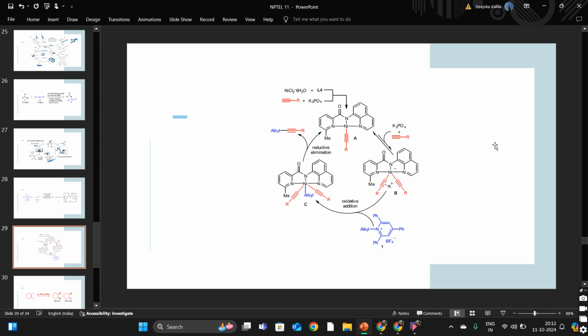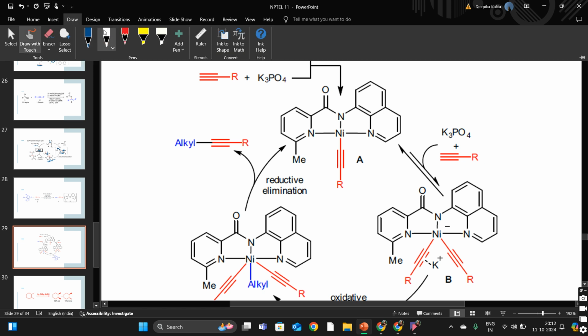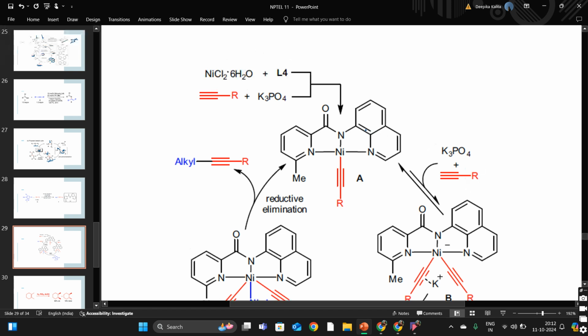Do not get scared by looking at the structure, because this huge thing which you can see is nothing but the ligand only. Okay, the reaction is happening on the alkyne part. Okay, just focus on the alkyne part. So at first what happens, the alkyne will react with the nickel catalyst in presence of the L4 ligand, which is this huge